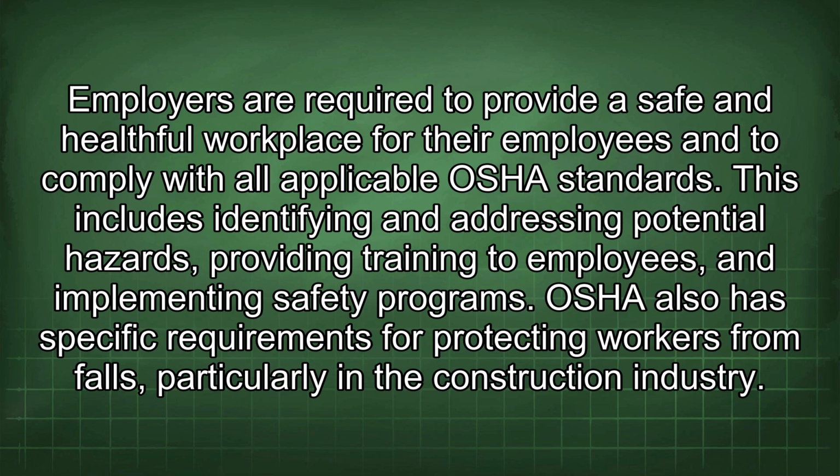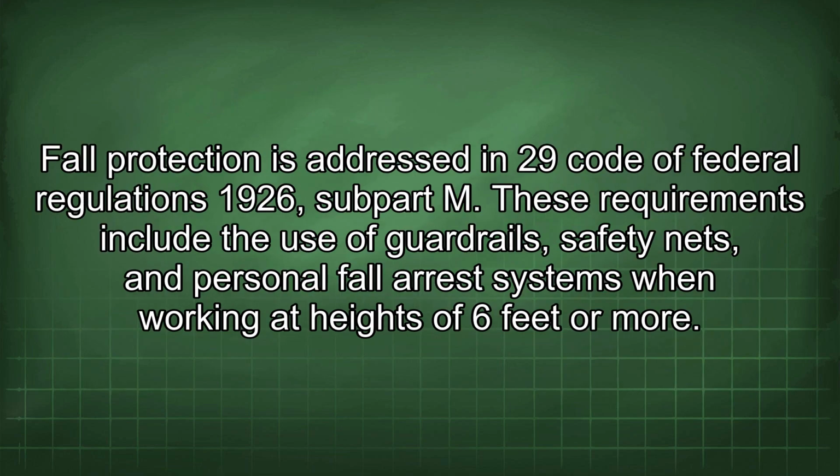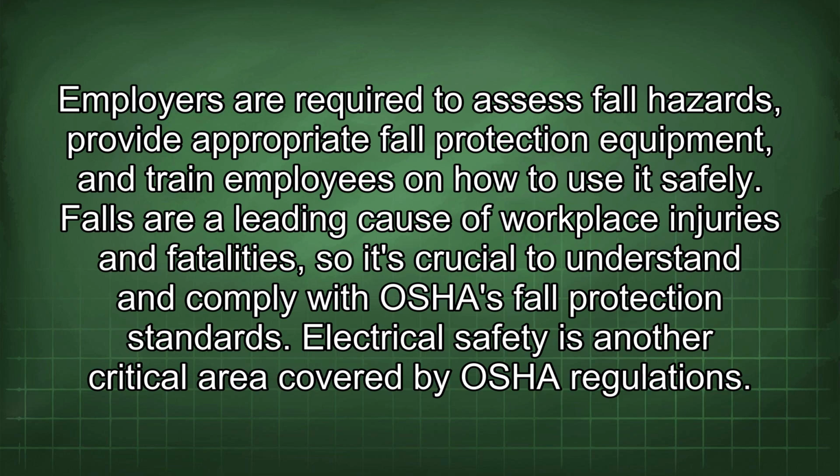OSHA also has specific requirements for protecting workers from falls, particularly in the construction industry. Fall protection is addressed in 29 Code of Federal Regulations 1926, Subpart M. These requirements include the use of guardrails, safety nets, and personal fall arrest systems when working at heights of 6 feet or more. Employers are required to assess fall hazards, provide appropriate fall protection equipment, and train employees on how to use it safely. Falls are a leading cause of workplace injuries and fatalities, so it's crucial to understand and comply with OSHA's fall